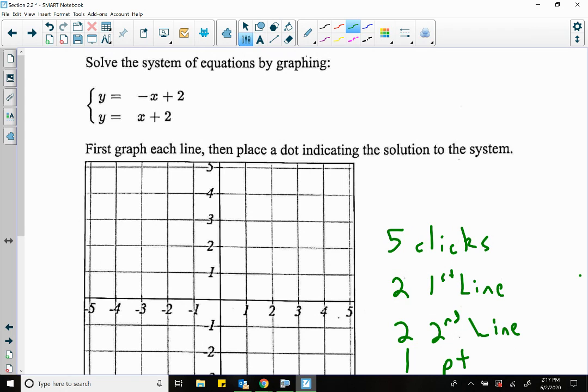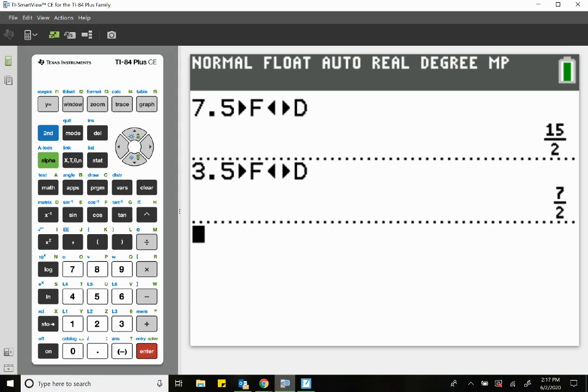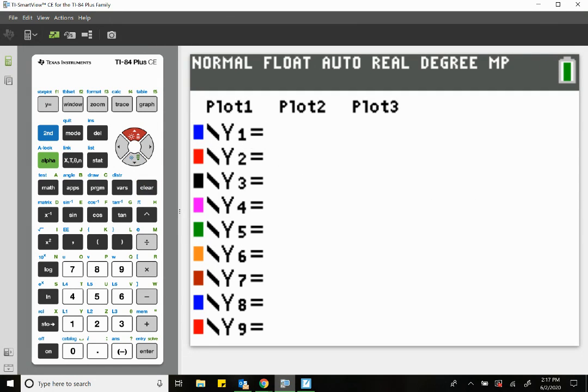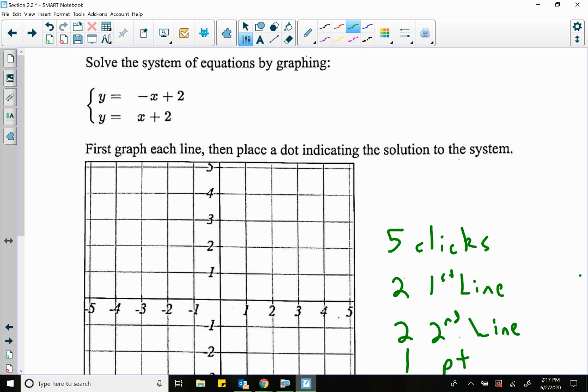You can graph this using slope-intercept, like what we talked about back in 1.1. Or remember that I told you that you can put these equations in and you could go to the table to graph, because the table will give you a listing of points. I'm going to remind you on both of these how to do this for the first one. So for the first one, if you're graphing in slope-intercept, well, the slope of this first line is negative 1 over 1. Because remember, there's a 1 there, and we always need 2 values for the slope. And then the intercept is